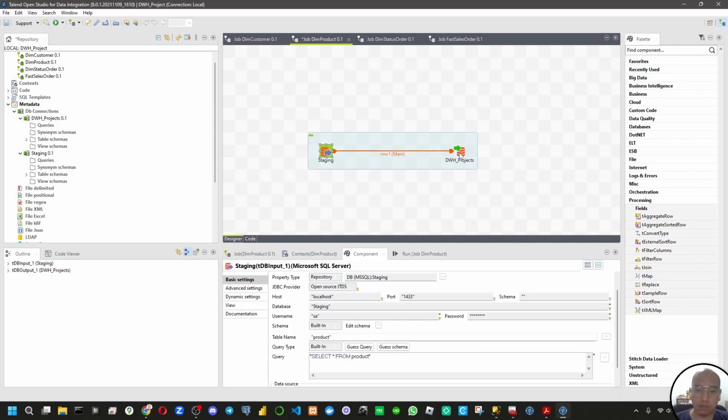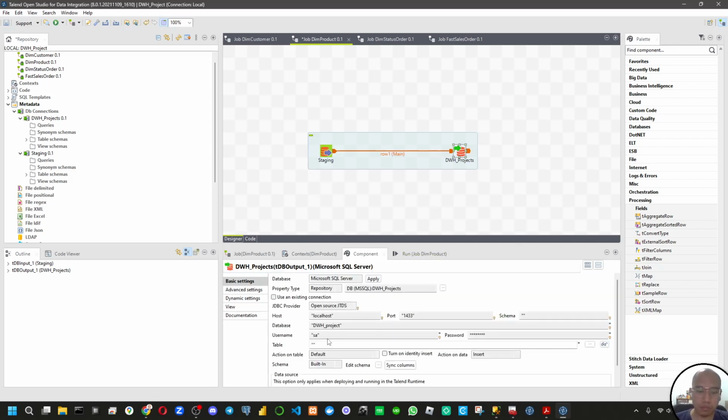Now we click the output one under the component. We fill the table name. That will be dim product, and then we click synchronize column.